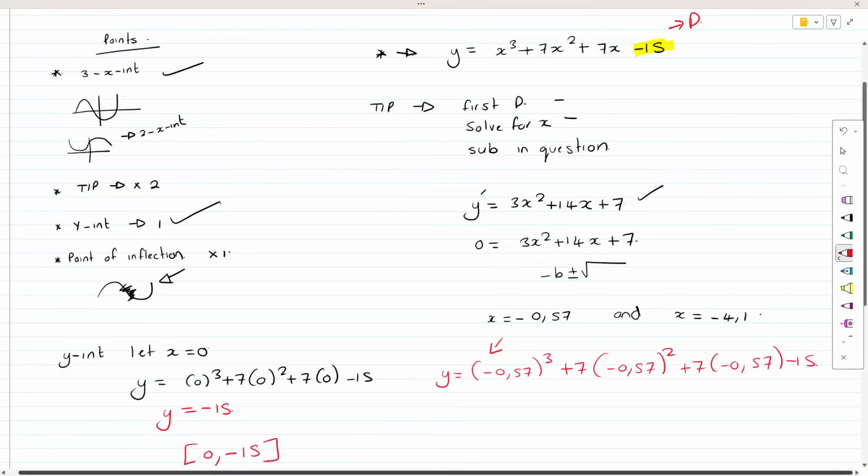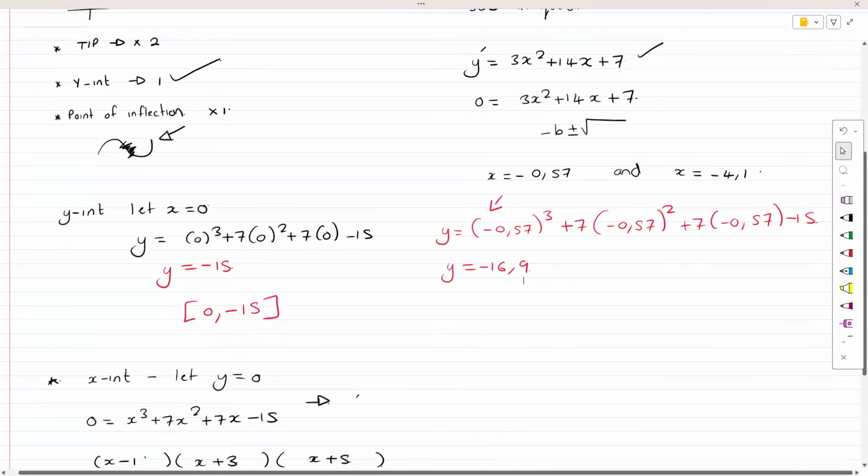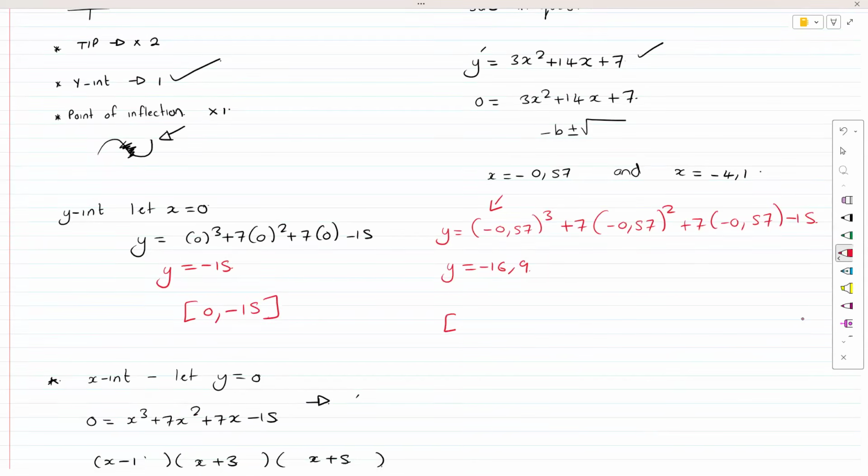And this answer should equal y equals minus 16.9. Now, when we do the exact same thing for the other side, we end up with two answers. Our turning point is at minus 0.57 and minus 16.9, and the next one is at minus 4.1